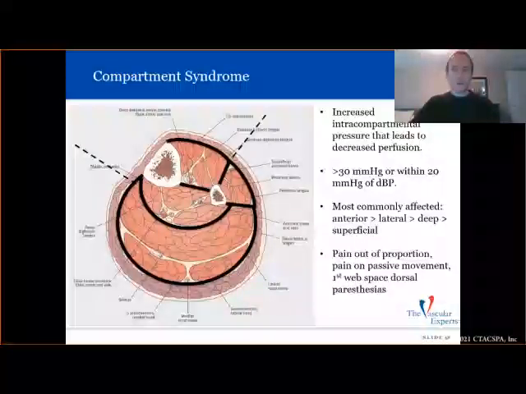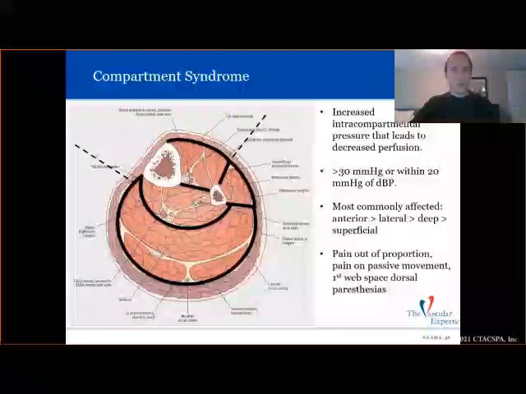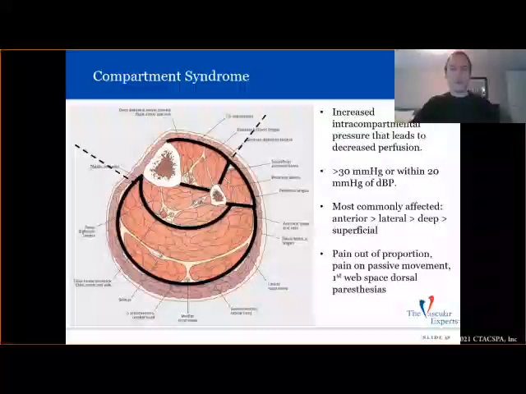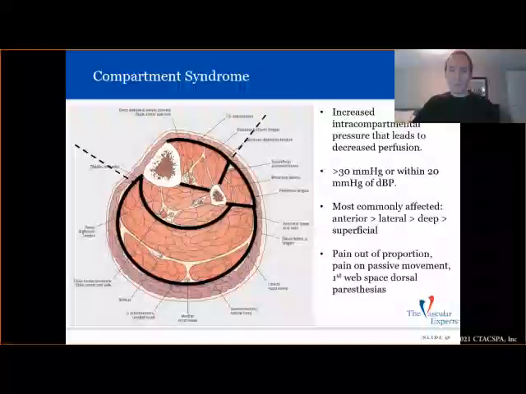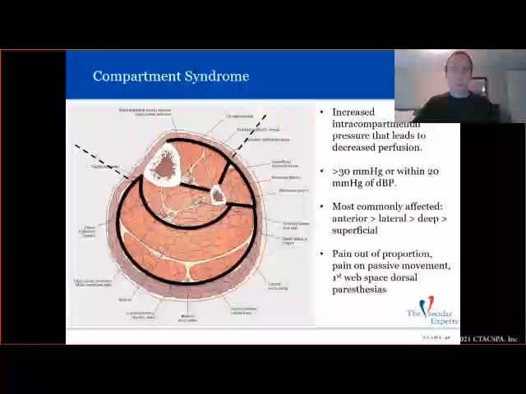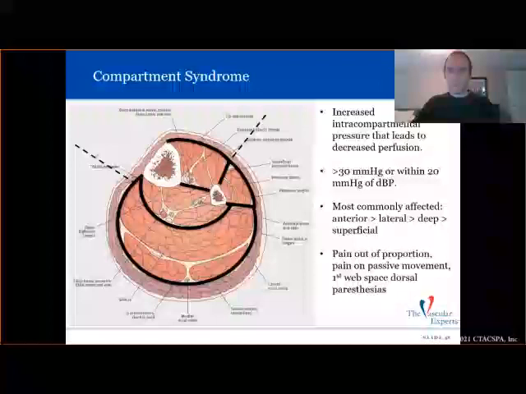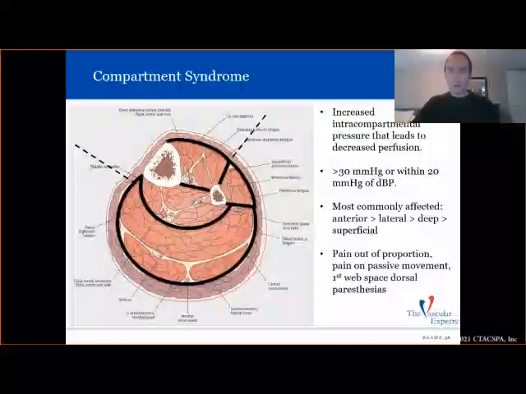Compartment syndrome, I think probably pretty commonly seen from you guys. It's a common disease process for us in vascular. It's from reperfusion. The muscles swell and compress the nerves to the point they become ischemic and non-functional. It can also happen with hematomas and trauma. You can measure compartment pressures, but it really is a syndrome, so it's diagnosed clinically, and the most commonly affected compartment is the anterior,